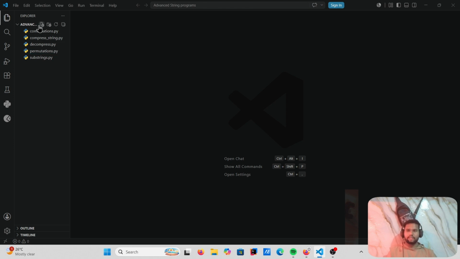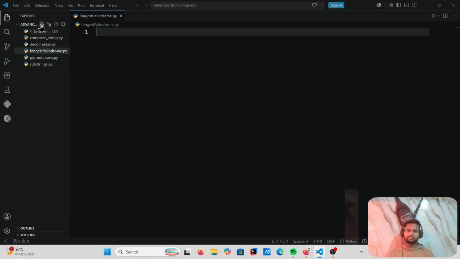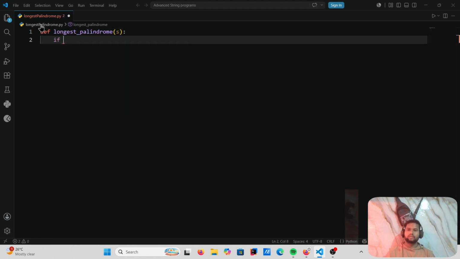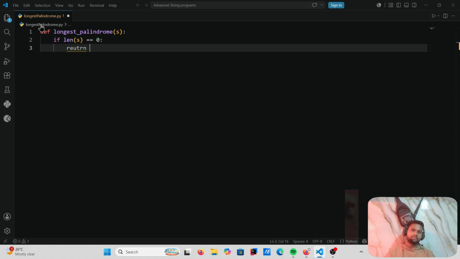So we are in VS Code and let's create a file inside this longest palindrome.py. Okay, we are in this file and let's create a method def longest palindrome colon, if length of s is equal to 0 and return empty string,